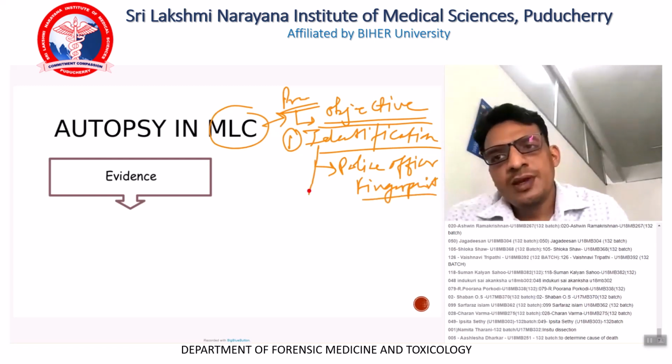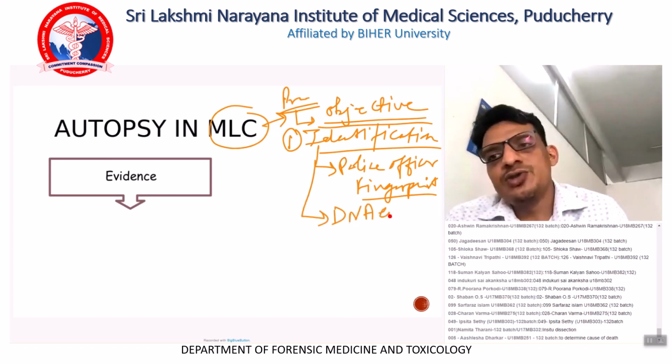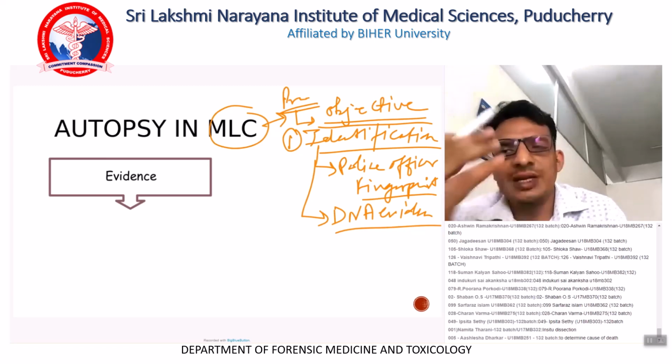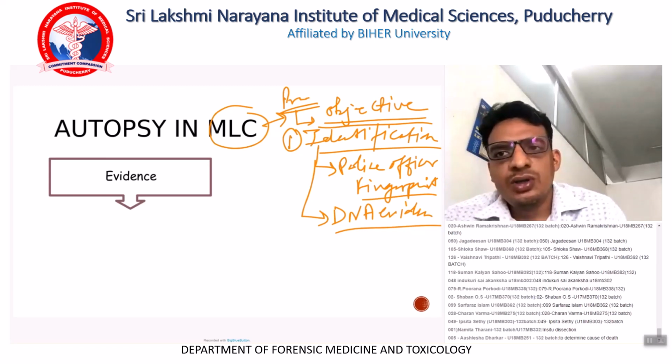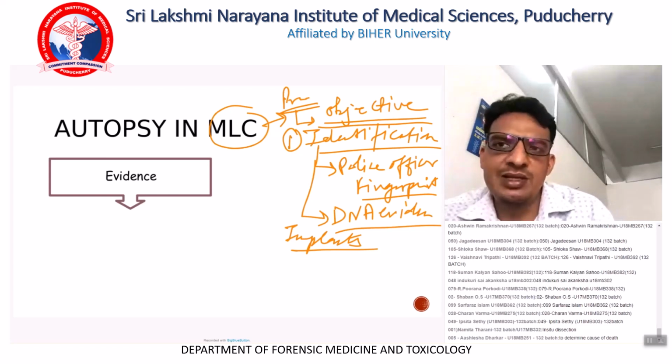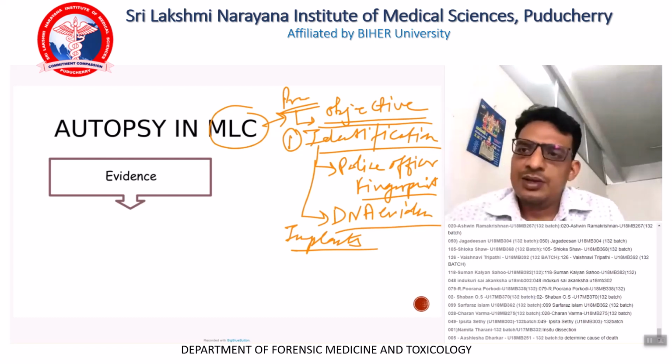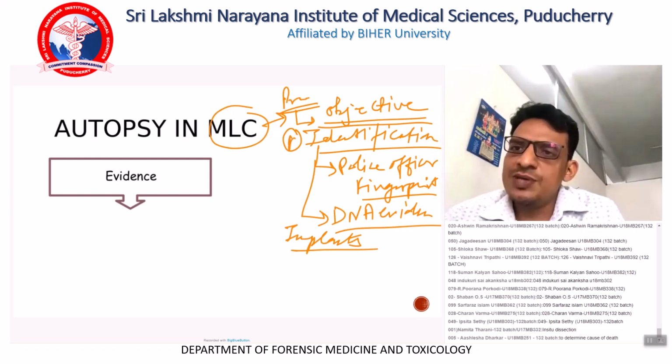So for DNA, we will see what all evidences can be preserved. Then, third thing, in a child case we have to go for a femur. That's like a case scenario. And third, we can have other implants and other things present inside the human body which can be seen by internal examination properly. This is the first objective, identification. The second objective of autopsy is cause of death.